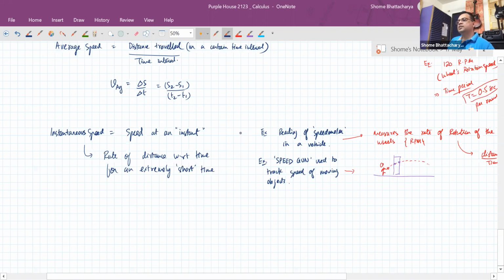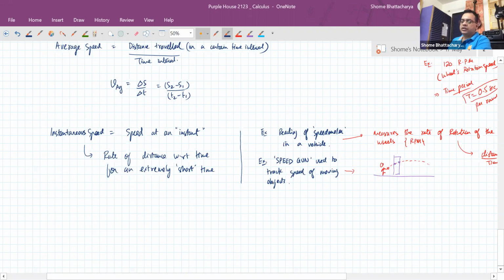So what do we mean by extremely short? At the level of measurement, it means that it is the shortest that is possible for an instrument. Okay, so the more complex our instrument is, or you can say the better reading our instrument is giving, the shorter the interval of time will be. So for example, if we are using some analog technique, like the speedometer, and it's measuring the distance traveled with respect to time per millisecond, then it has a certain level of accuracy.